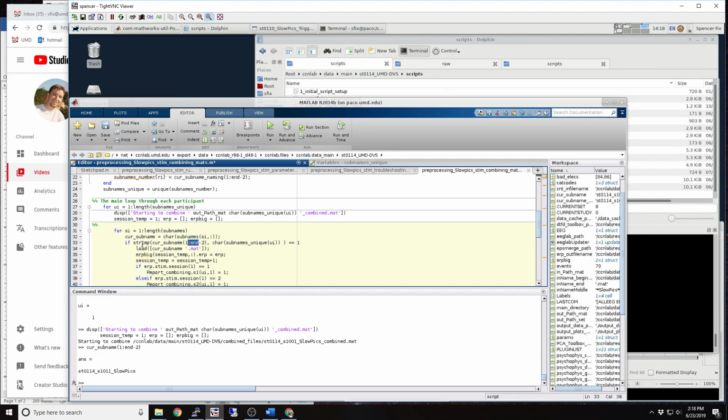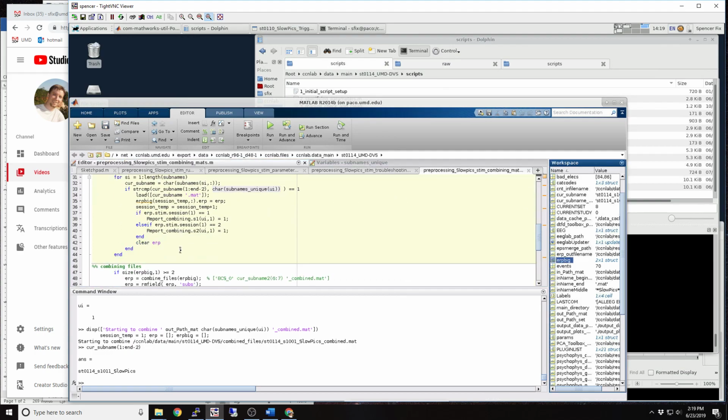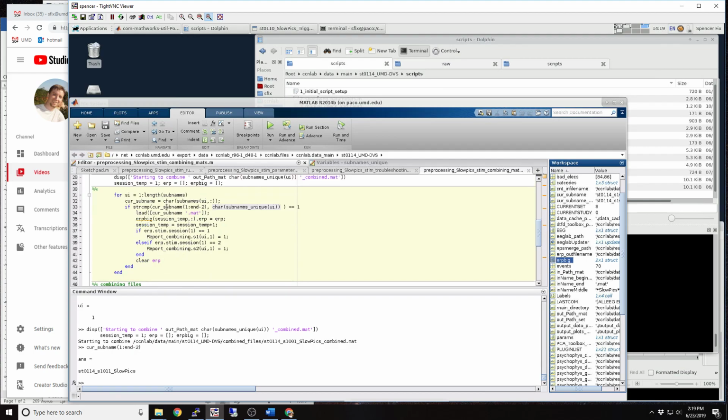So you want this string compare to work, because what it's going to do is go through each unique subname first in the first for loop. The second for loop is going to go through all the file names. And if the unique part of the file name matches the subname's unique participant that this for loop is on, then it's going to load it into ERP big. And then once it's gone through all the files, it will combine it here. So now that this has worked,